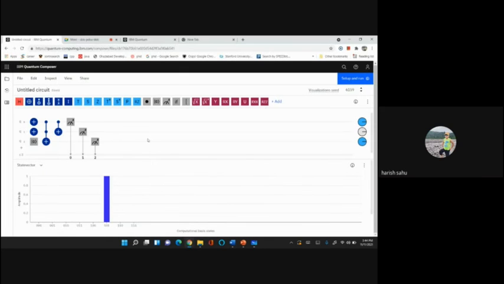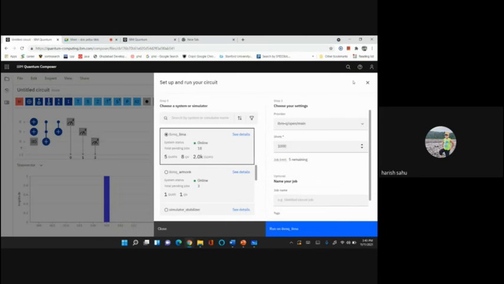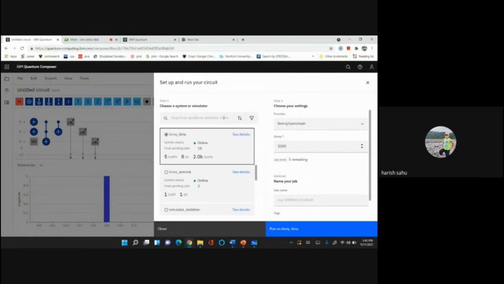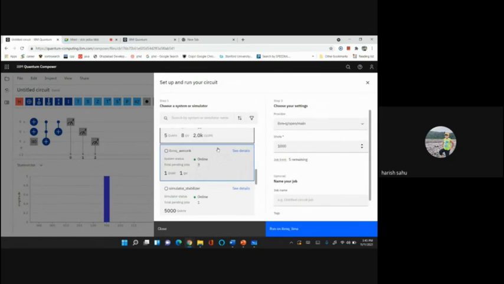Quickly, I want to tell you one more thing: how to run this kind of circuit on an actual quantum computer. What we are seeing here is the simulator result, it is not actually being run. To run it on an actual quantum computer, you can go to this corner, set up and run. We will see more of it in tomorrow's session also.